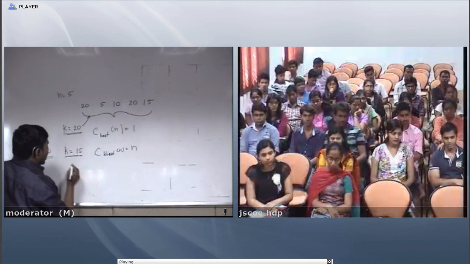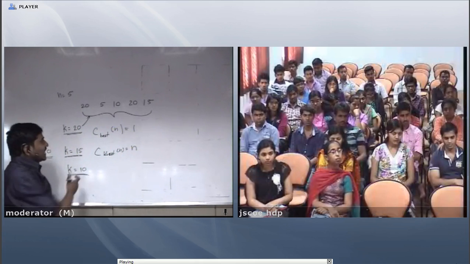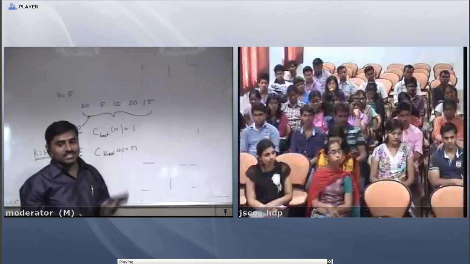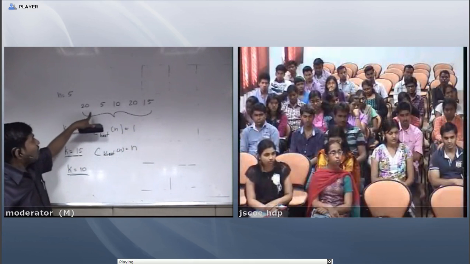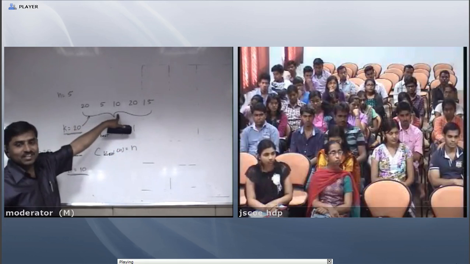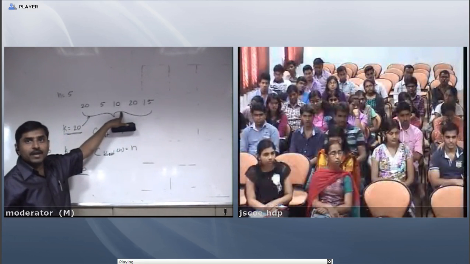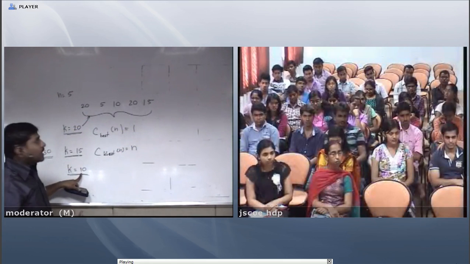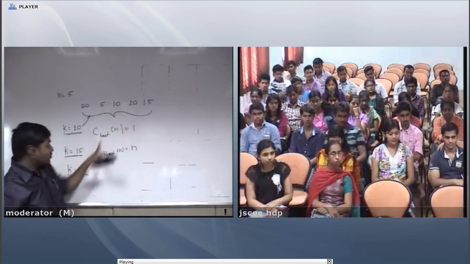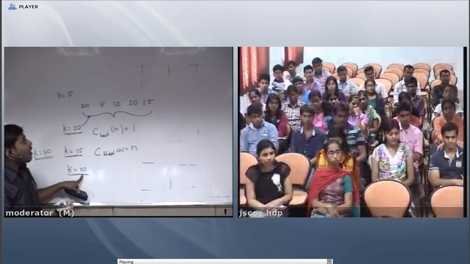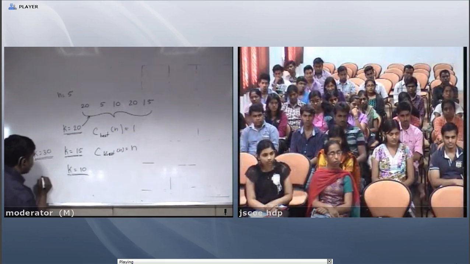A simple example I can take is, for example, a third one: 10. I want to search for the element 10 in this given list. Now, 10 is found in between the list, not first, not last, but somewhere in between. So 10 may be at k equal to 5, or maybe k equal to 20. So the k-th element will be found between the list, at the i-th position.